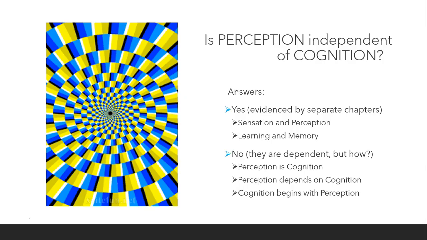So let's begin with our initial question. How are perception and cognition related? Are they independent of each other? Is it possible to have perception without cognition and vice versa? The first reading we start with is based on a symposium presentation by Michel in the 2019 International Convention of Psychological Science, where she discusses this very question.